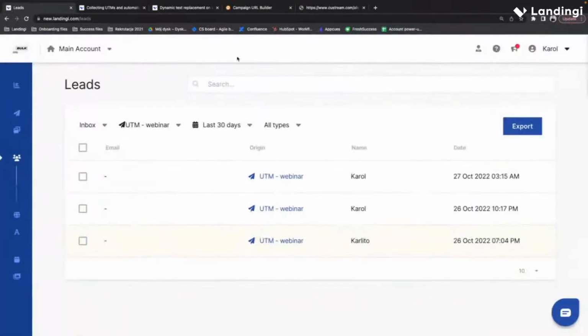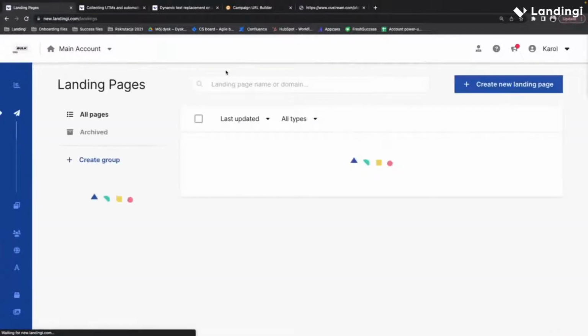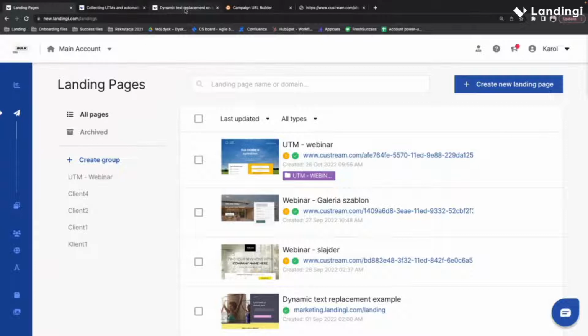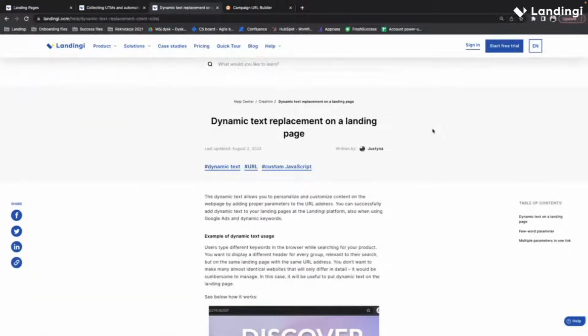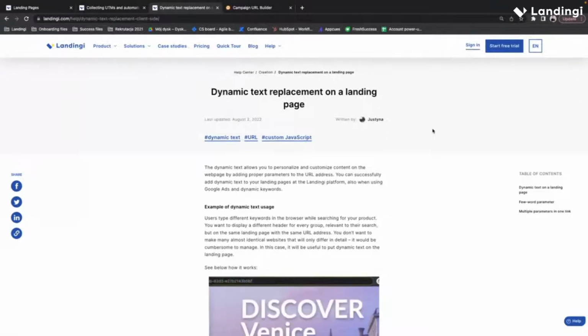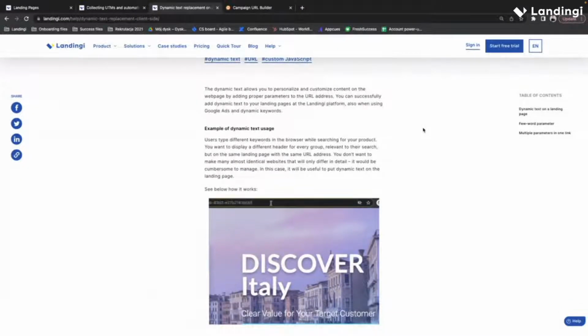The next thing I wanted to show you is how you can create a dynamic text replacement with usage of the UTMs. You can do this within Landingi as well. To do this, you can follow our step-by-step manual on how to create that kind of process, and I will do it step-by-step with our Landingi manual with you right now.